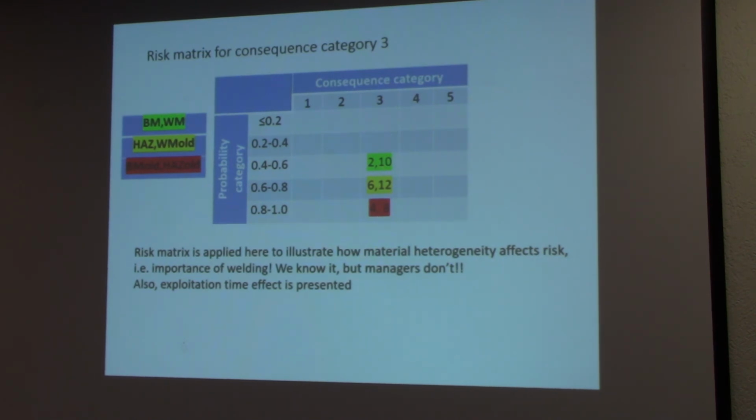By the way, consequence category was estimated as 3. This reactor would not make a big fuss if it even explodes, because it is inside some plant, an old plant, not a very expensive plant, nothing spectacular, but then again, it's not that naive as well. So consequence category was estimated as 3. And then these 2 points in the green field,